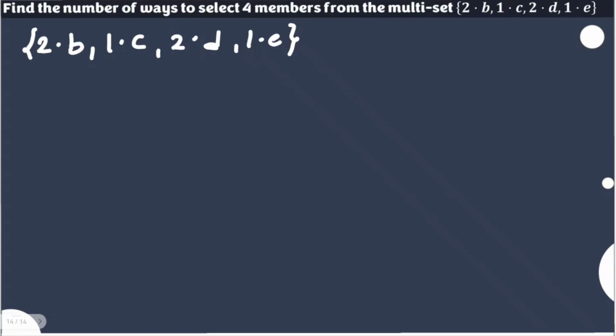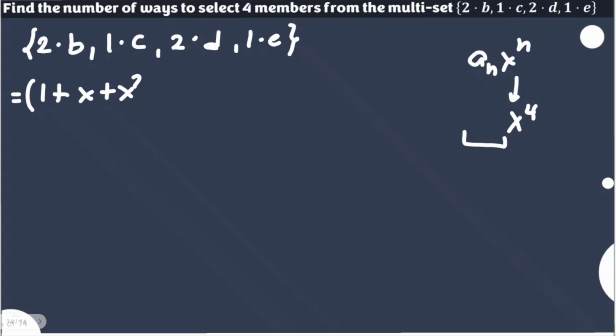So to identify the number of ways, we're just going to solve for, again, a sub n, x to the power of n. In this case, we can solve for x to the power of 4, and whatever will be that term, that answers the question. But first here is, how do we look for the generating function? So first, let's look at B. Since there are 2 B's, we can actually come up here with a generalized generating function here: 1 plus x